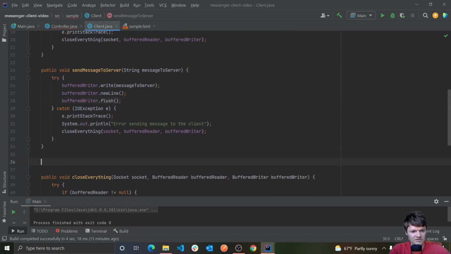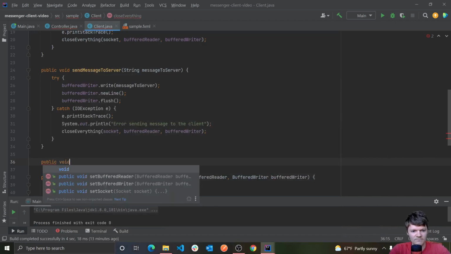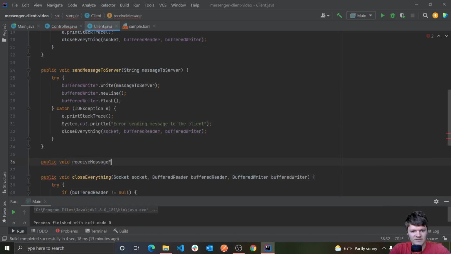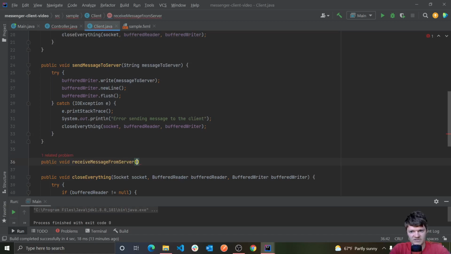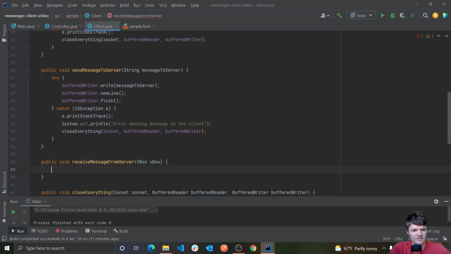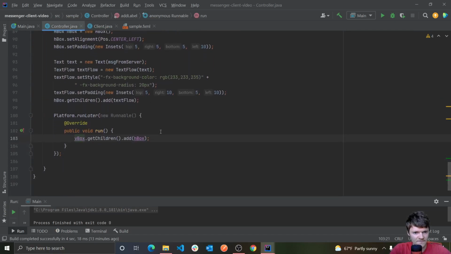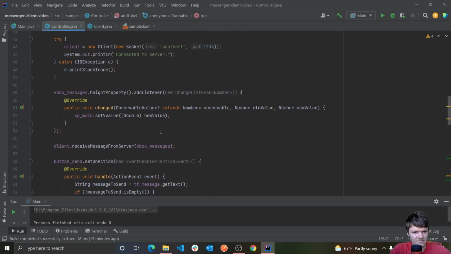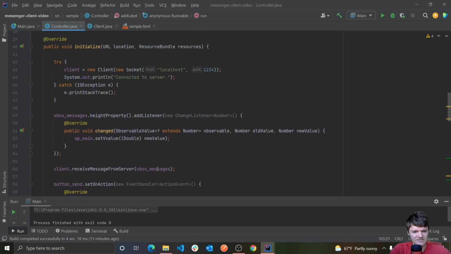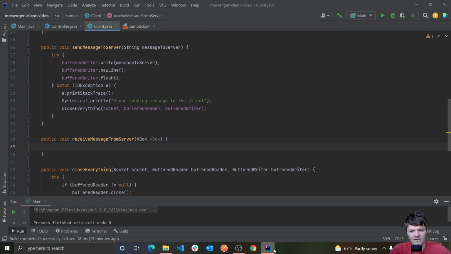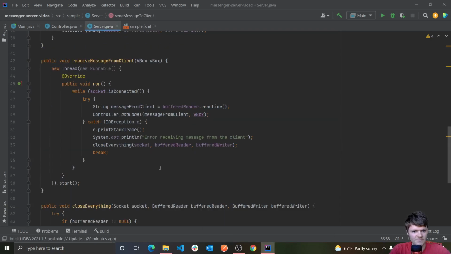And then we need our final method, which will be receive message from server, and of course it takes a VBox like this, and so that is coming in up here. So we're receiving messages here on another thread, or listening out for messages, I guess I could say. And this once again will be the exact same. So in our server,